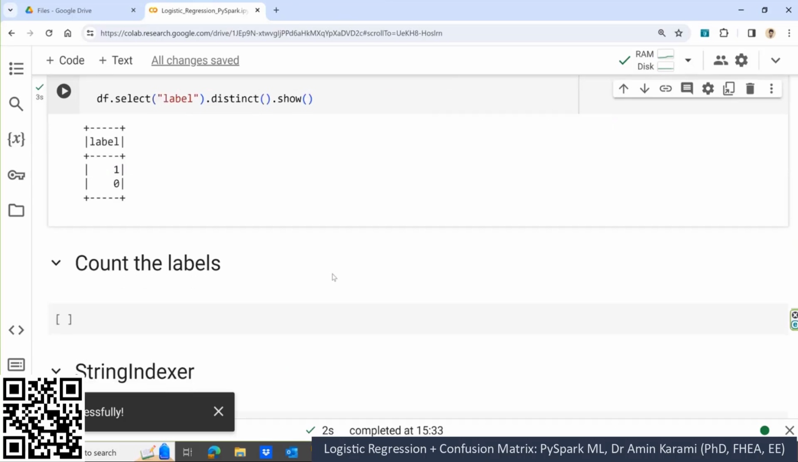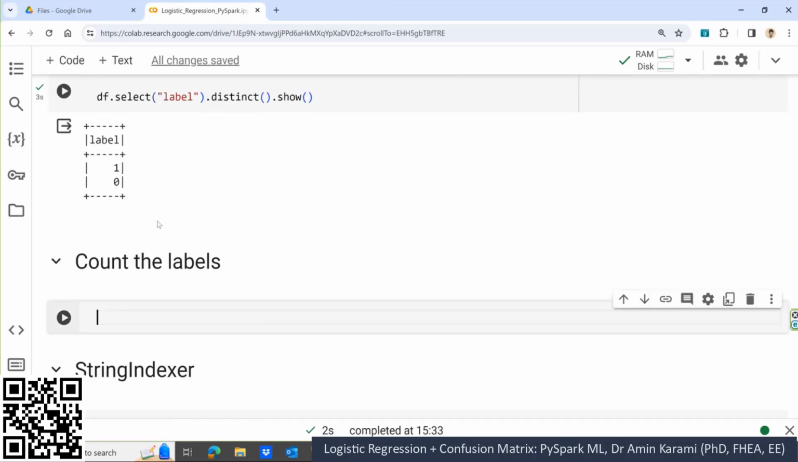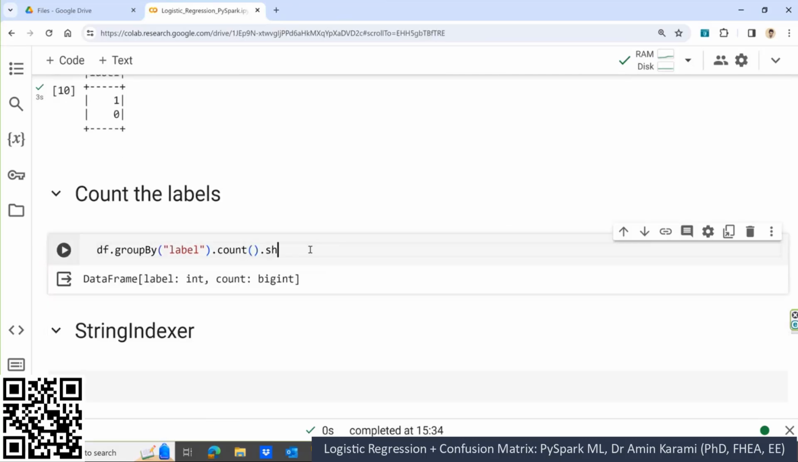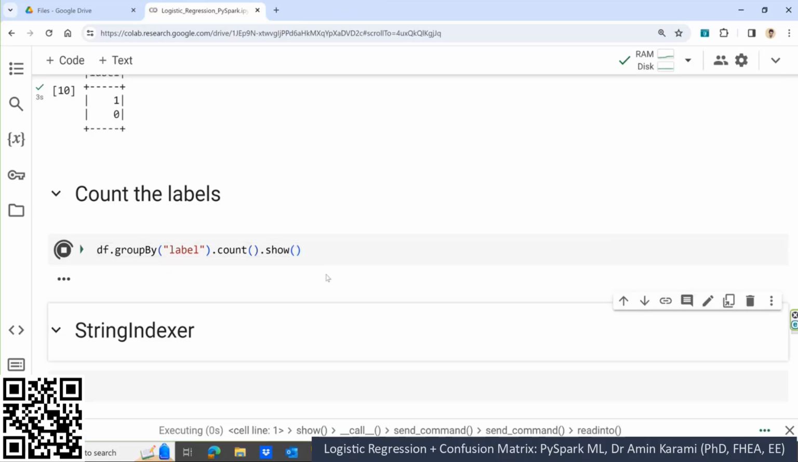So let's count them. How many records do we have per label? How can we do so? You just need to group them by, right? df.groupBy, based on label. That means provide two clusters for me, one cluster for label 1, another cluster for label 0, and count how many there are. All right. If you run this, we forgot to add show. If you run this,